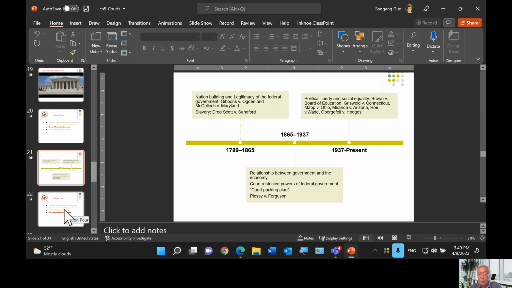One of the cases I mention here is Plessy versus Ferguson. In this case, some civil rights organizations tried to challenge the Jim Crow laws, or segregation laws, made by the state of Louisiana. But unfortunately, the court struck down that challenge, ruling that separate can be equal.